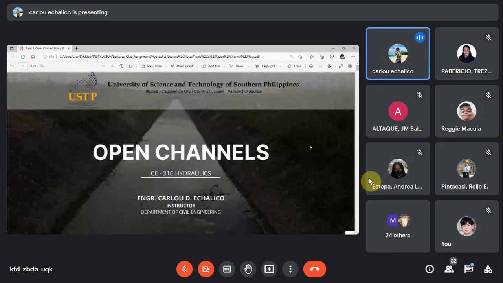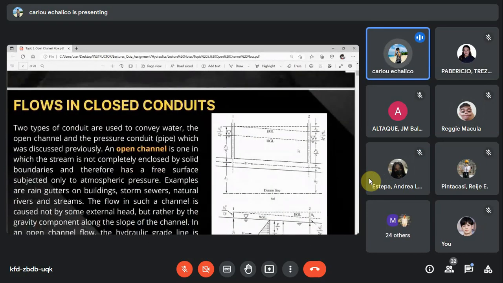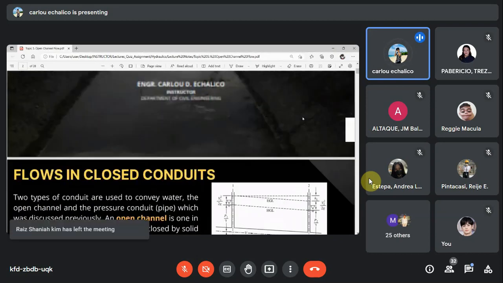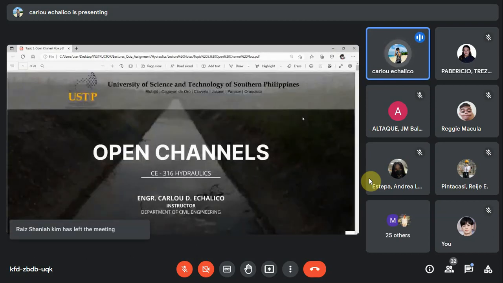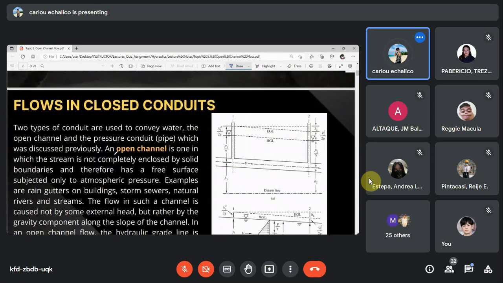Ako sa magklase ninyo, kaning topic, which is topic 5, open channels. So, ang previous discussion before open channels is ang katong sa closed conduits. So, usang kalainan aning open channels sa closed conduits. When we say open channel, one of the stream is not completely enclosed by solid boundaries, and therefore it has a free surface subjected to